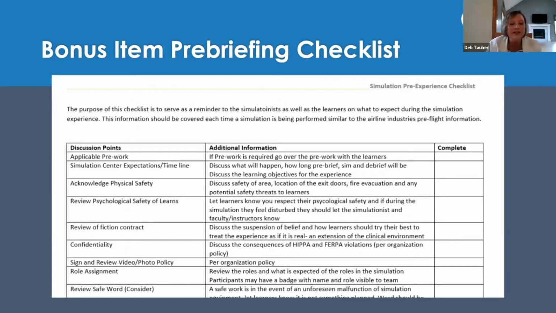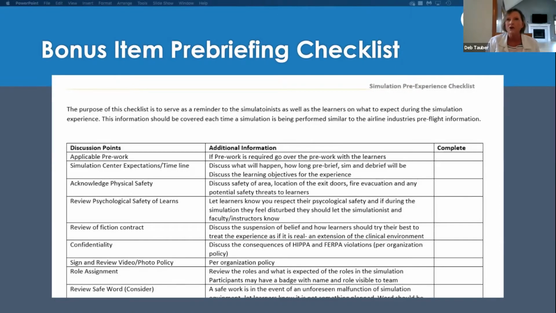Sure. So this is the checklist that I was explaining earlier. If you have pre-work, go over it with the learners. You're going to talk about expectations, how long things are going to be, acknowledge physical safety as well as psychological safety, and review the fiction contract: I know that this isn't real, you know that this isn't real, I know that you know that. But also confidentiality, you can't take pictures, what your video policies are within your organization, role assignments, and then consider having a safe word.